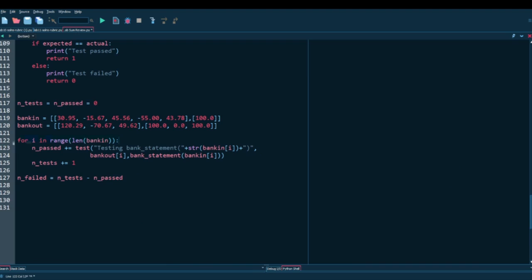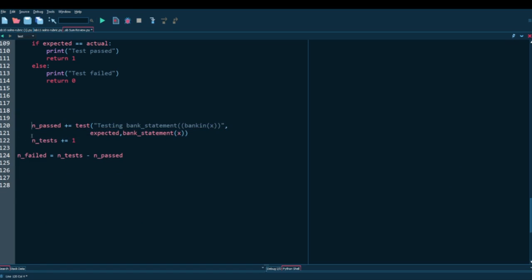Now, if you just ignore this loop and replace this with expected, and this with x, and this with bank in x, just to show regular testing. So there we go. This would be just automated testing without a loop. You would just have n passed plus equals this, and then n test plus equals 1.